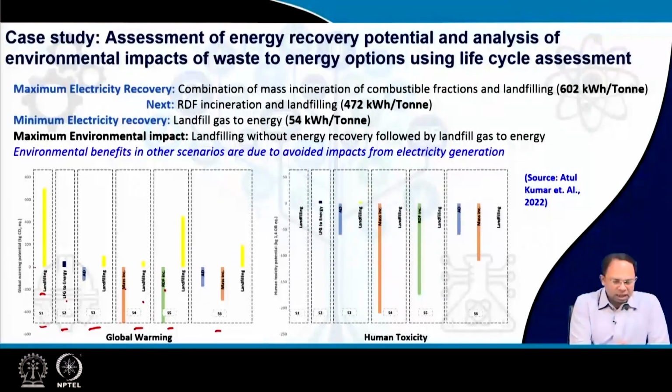So, this is the baseline, and above are the positives and below are the negatives. This is the amount of CO2 which is generated. The first one is about global warming. So, landfilling results in emission of CH4. So, that's why we can see that this is the amount of methane that is being generated, or landfill gas